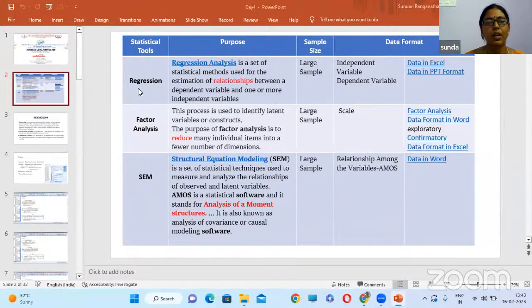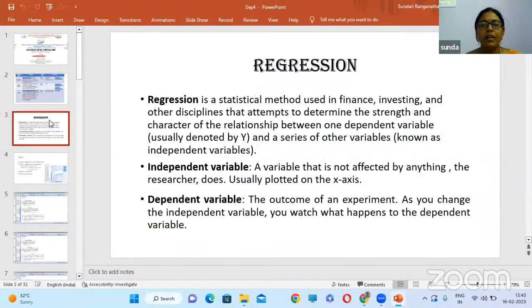Today, I would like to start with regression. Regression is a set of statistical methods which is usually applied to measure the relationship among variables, right? What type of relationship is there in a particular study set? Generally, what type of relationship will we be interested in analyzing? We will be interested in understanding the impact, the percentage of influence of this variable